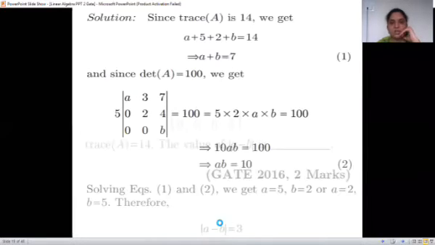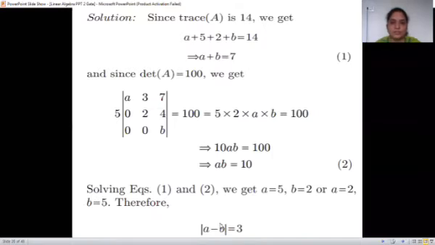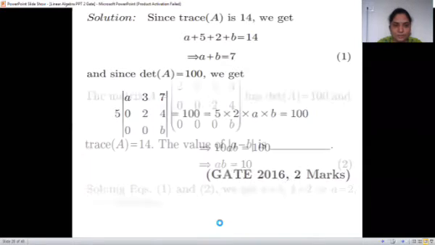You are solving till then. I will go towards the answer. Since the trace of A given is 14, that's why we are getting